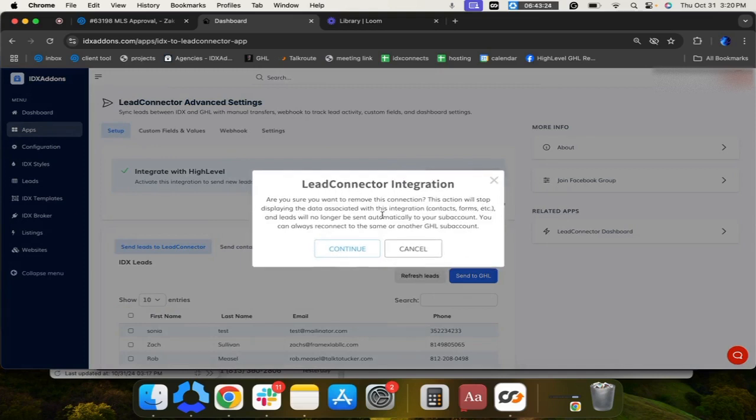Are you sure you want to remove this connection? This action will stop displaying the data associated with this integration, contacts, forms, leads, etc. Leads will no longer be sent automatically to your sub account. You can always reconnect to the same or another GoHighLevel sub account. Okay,